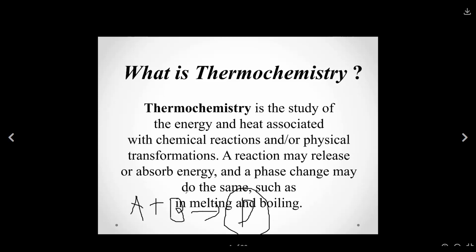So now what we need to understand in thermochemistry is